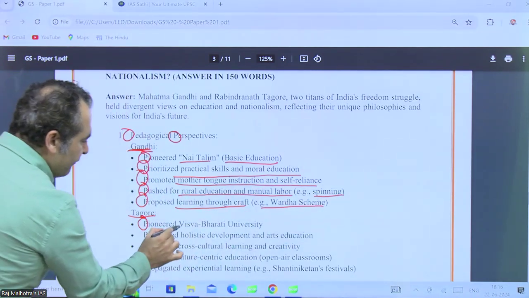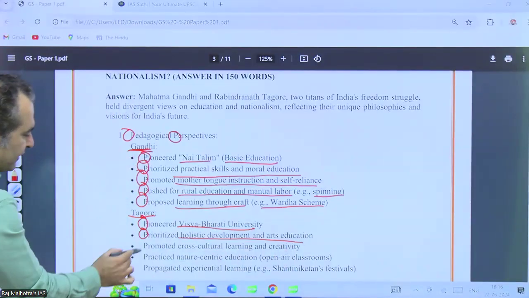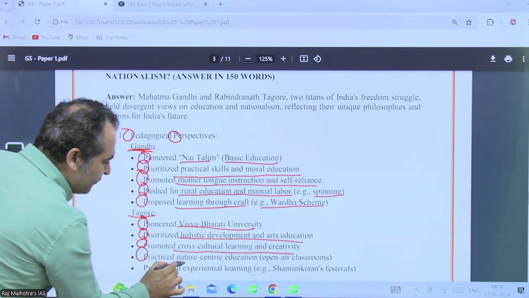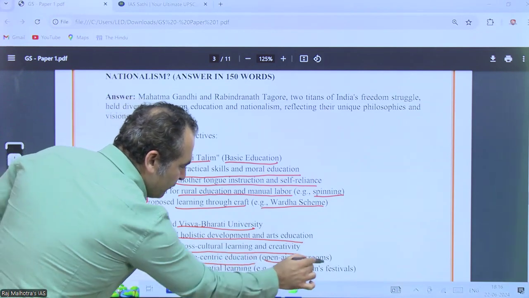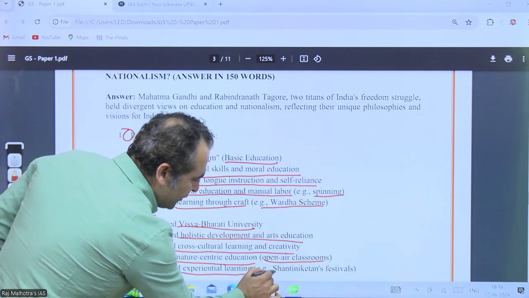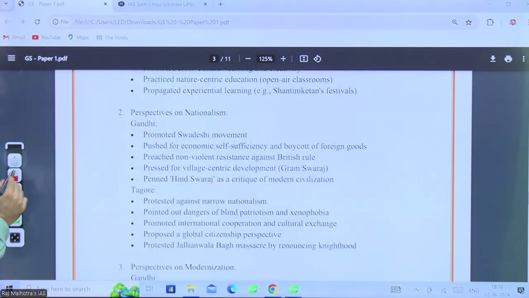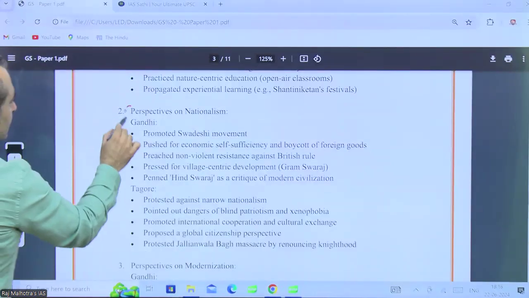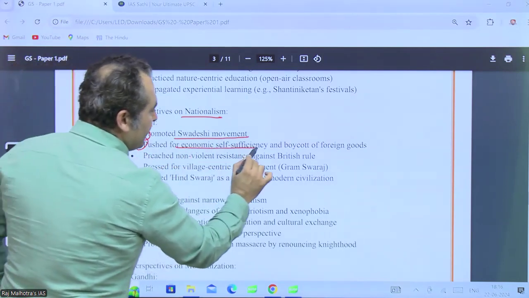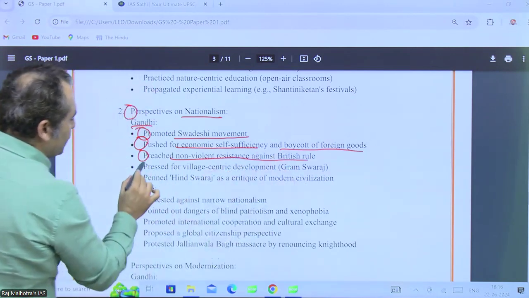Tagore pioneered Vishwa Bharati University, prioritized holistic development and arts education, promoted cross-cultural learning and creativity, practiced nature-centric education, open-air classrooms, propagated experiential learning, example Shantiniketan's festivals, right? Then perspectives on nationalism. Gandhi promoted Swadeshi movement, pushed for economic self-sufficiency and boycott of goods, preached non-violent resistance against British rule, pressed